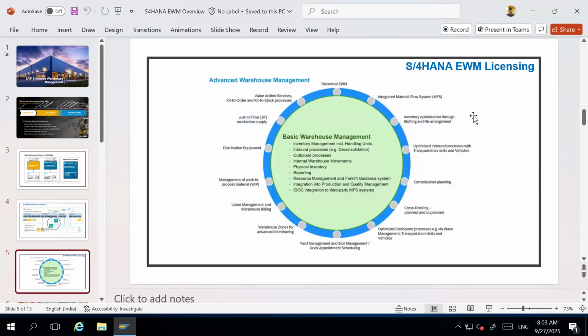And about the licensing, as I told you, EWM requires additional license. Although it is embedded into the S4HANA system as an on-premise, native component, still it is not by default giving you all the flexibilities to implement whatever you want within the EWM module. With the basic S4HANA version, you will only have this basic warehouse management,